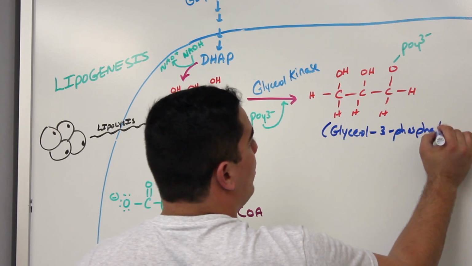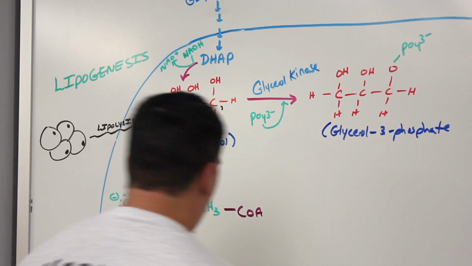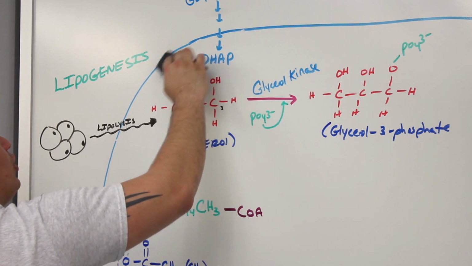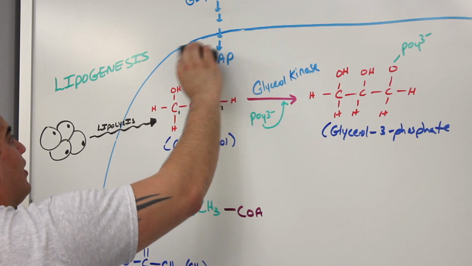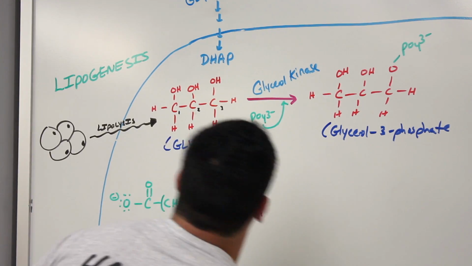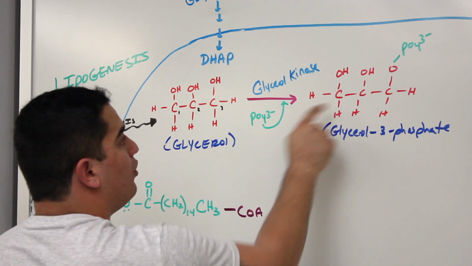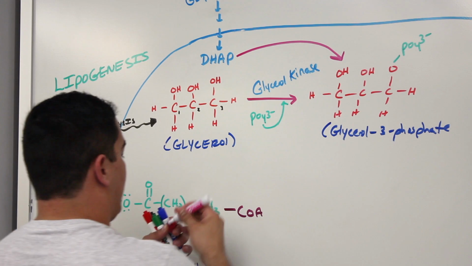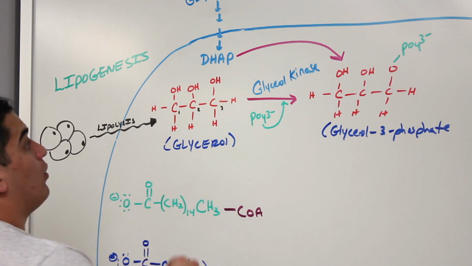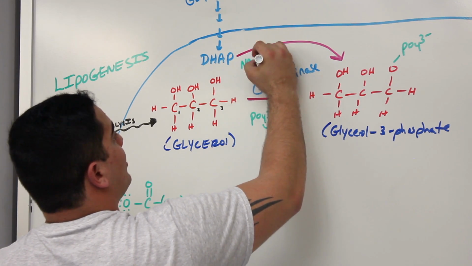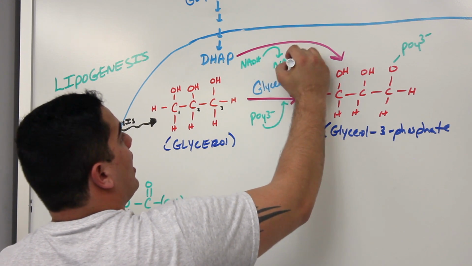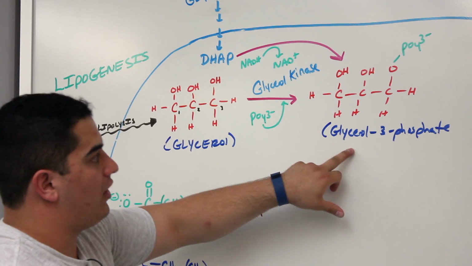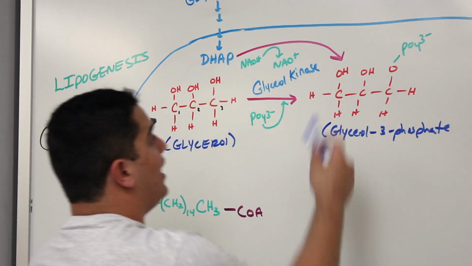So technically, if we really wanted to be particular, we could erase this step here from DHAP going to glycerol, because DHAP is actually converted into glycerol 3-phosphate. So we should show that over here. And what are we generating in this step? We're taking NADH, dropping off the hydrides to form NAD positive. So we get dihydroxyacetone phosphate into glycerol 3-phosphate, and that can be done straight from DHAP from